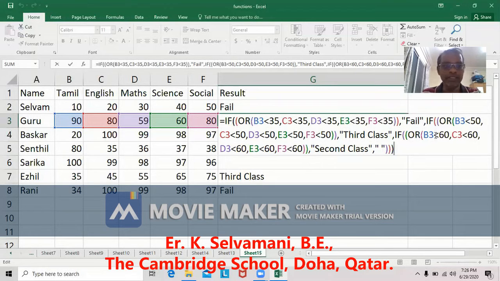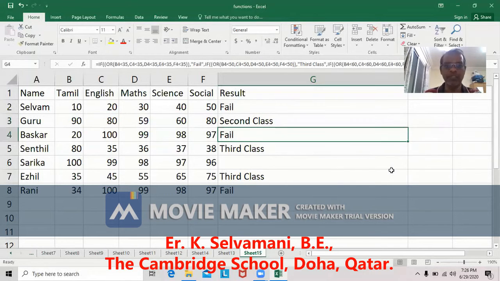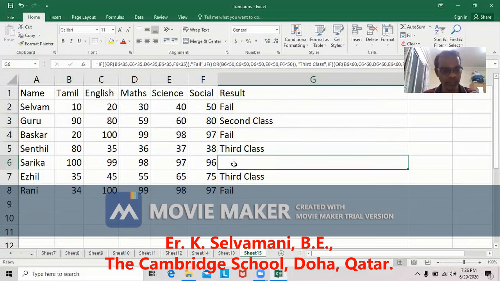B3, 80 less than 60, 90 less than 60, 80 less than 60, here 59 less than 60. It becomes true because 59 is there. 59 less than 60, it is true. Even though only one is true, OR gives true. The whole condition becomes true. Then it becomes second class. See it here. What will happen here? You will see it here.